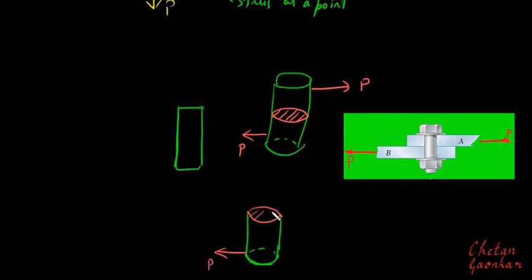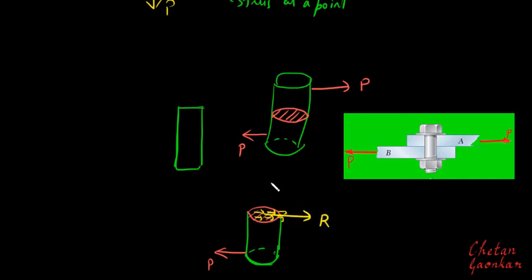So what will be the resisting force now? In which direction will the resisting force be? As we know, the resisting force is always in the opposite direction, so resisting force will be developed in this direction, and if I take the resultant of this resisting force as R,